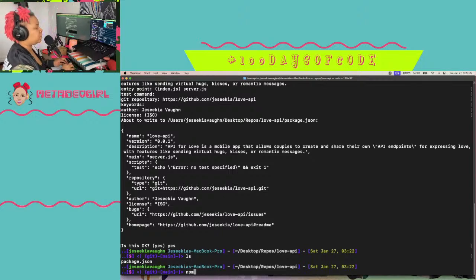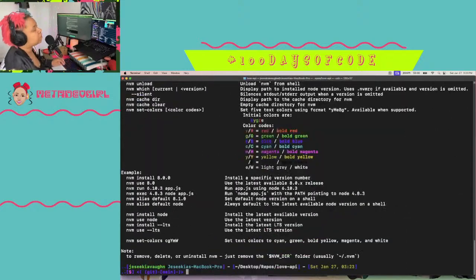All right, and then we're gonna npm install Express. Oh shoot. I think I'm on the wrong version. I have to remember to check which version is being used for Node version manager. Otherwise, sometimes I end up running into dependency issues.